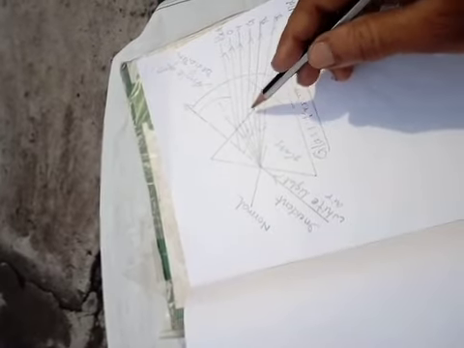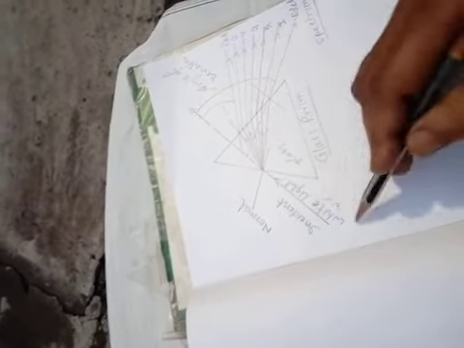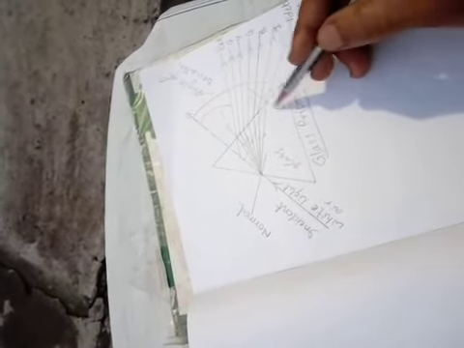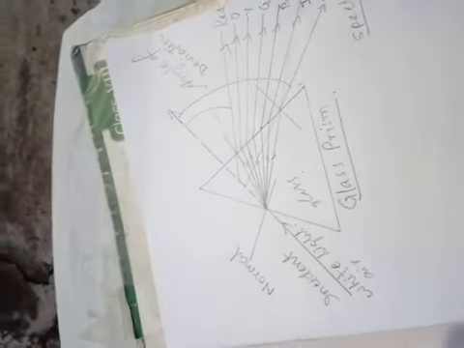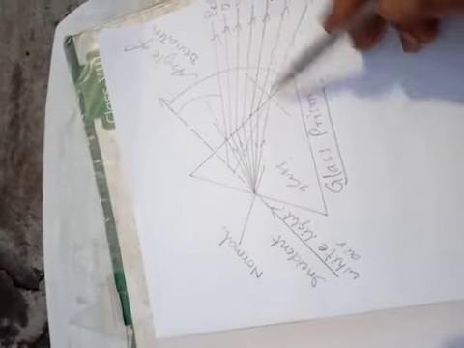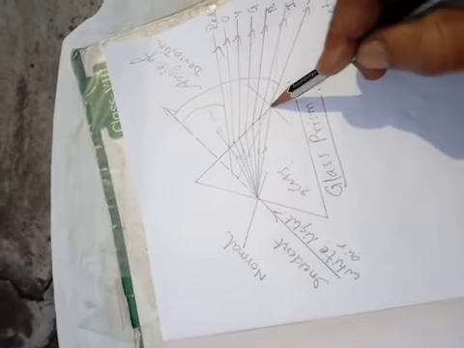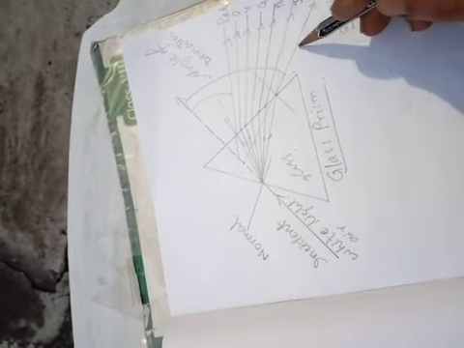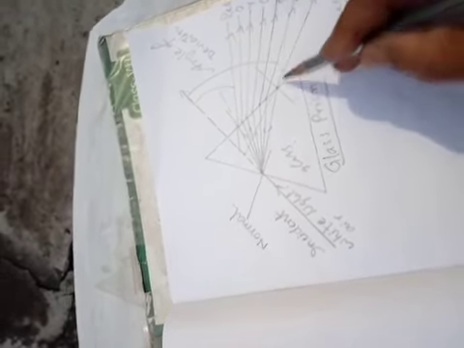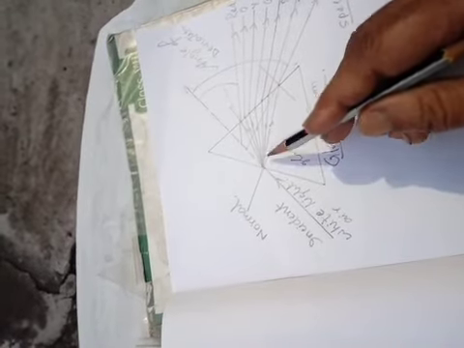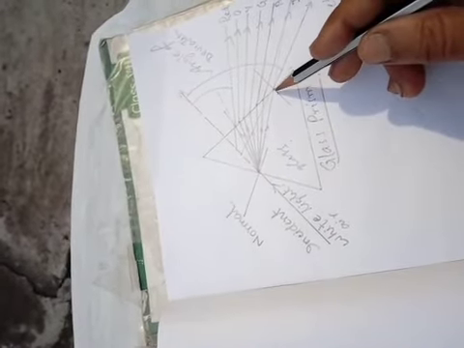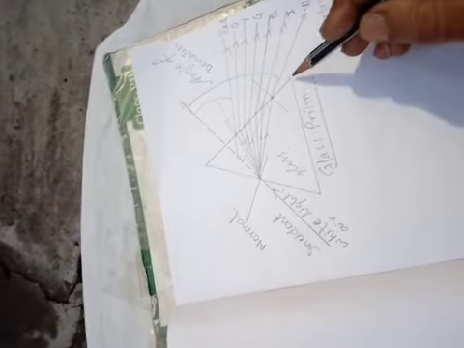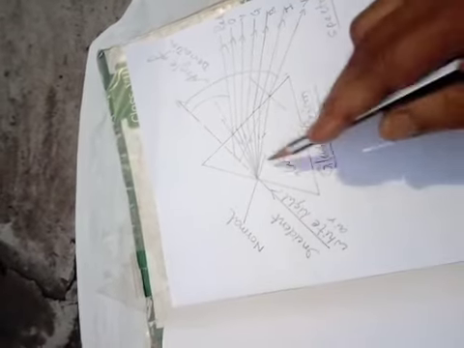Now they will go out, moving from air into the glass and again from glass back into the air. So here also they will undergo refraction. For the refracted ray, draw the normal at this point of incidence. Now light is moving from denser to rarer, so it will bend away from the normal. This is the incident ray of light, after refraction it has bent in this direction, and due to another refraction it has again bent towards the base of the prism, because of double refraction.